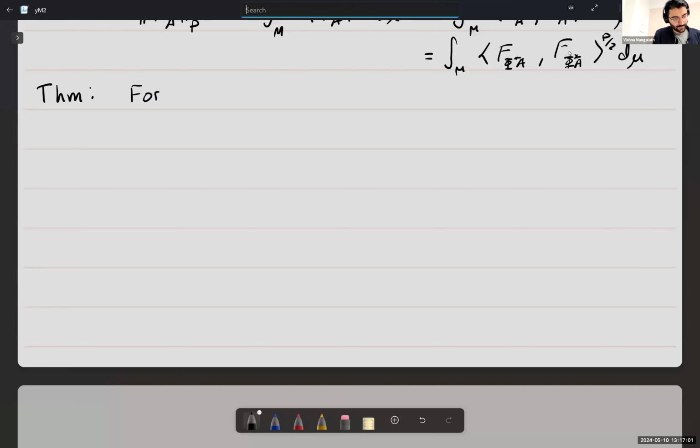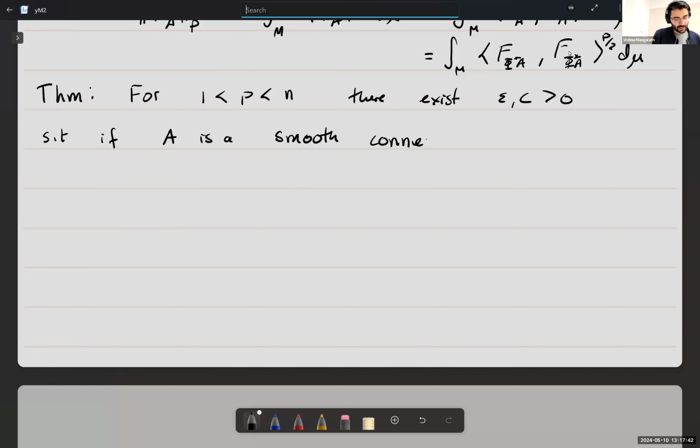So for 1 less than P less than N. Actually, it's true for P greater than 1, but I'm only going to say anything about P less than N. In fact, for the general case, P has to be greater than or equal to N on 2 and less than N. There exist constants epsilon and c greater than 0, such that if A is a smooth connection over the unit ball